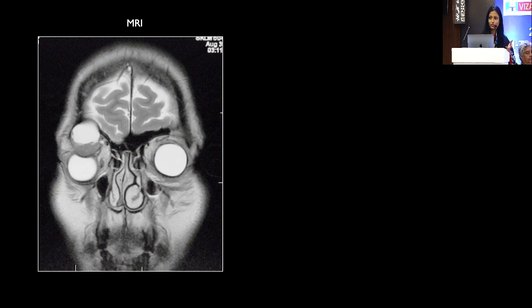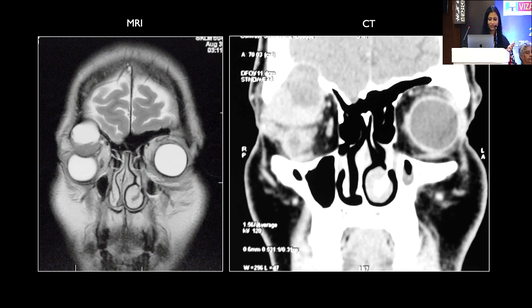What else do we need to see in this patient? We also need to know the status of the bone before we go ahead with planned surgery. We need to know whether the outer table or the inner table of the frontal bone is intact, and CT gives us that nice delineation. Here we can see that it has eroded through the frontal bone. Of course, it hasn't entered the cranial cavity. We can see the dura is intact, but we should not take up this patient just in an ophthalmic setup